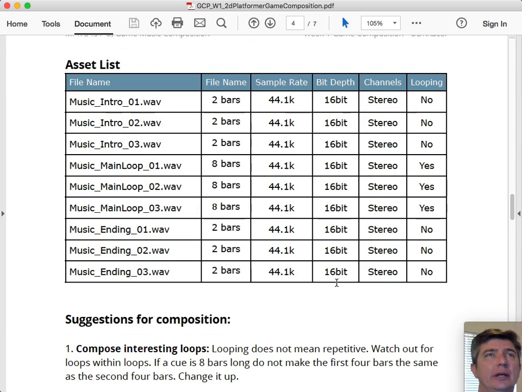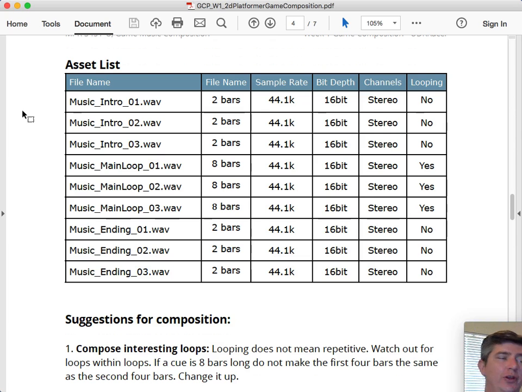This is the main thing I want to get to here, the asset list. This is a really important aspect of this PDF, or of the project: these are the files that you will deliver. It is very important that you nail down an asset list with a new client, so that you can determine exactly the files that need to be delivered so that you can be paid on that project. It all depends on the approach of how you schedule getting paid over the course of the project, but often there is a set list of deliverables.